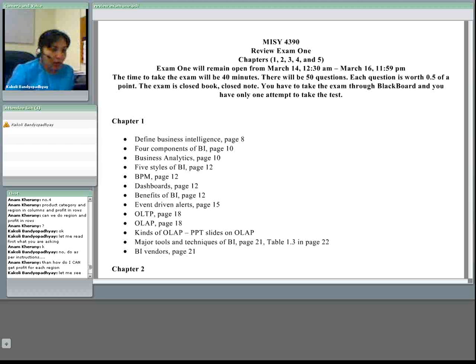And then you have major tools and techniques of BI, which is table 1.3 in page 22. Let me look at that. Okay, so basically we have given you different tools and techniques like dashboards, data mining, web mining, OLAP, OLTP and so on and so forth. And some of the BI vendors would be